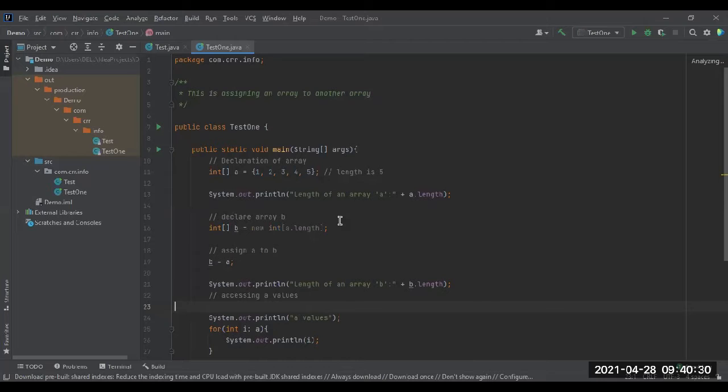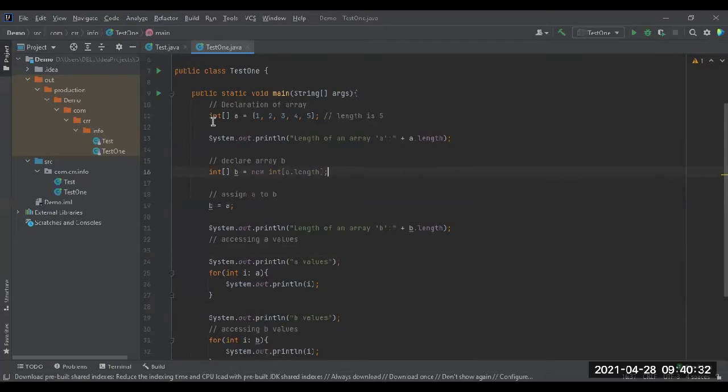So, we are using an array and we are going to assign a length. If these two lengths are equal, then only one array can be assigned to another array. So how are we going to find the length? By using the keyword length.